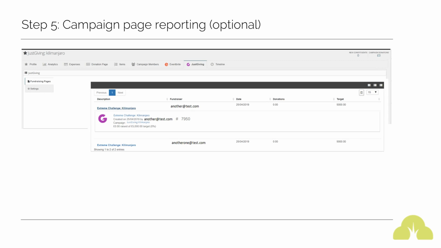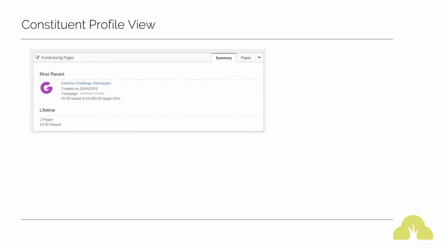So now we've set all of that up and everything is linking through. How does this reflect on a profile view? So for fundraiser data, as we know, the connection will happen every 24 hours and will update. And within the profile view, there is a new panel called fundraising pages, and this will then be populated